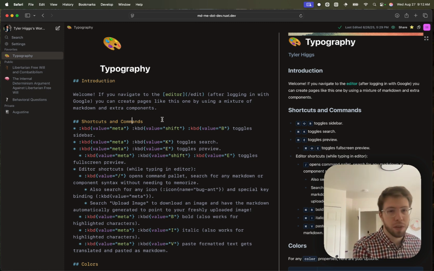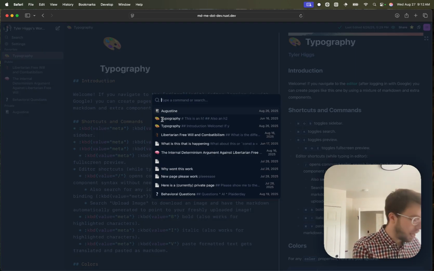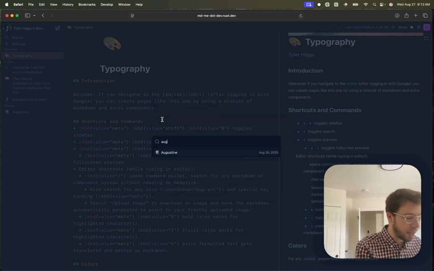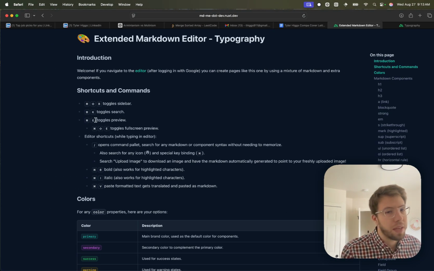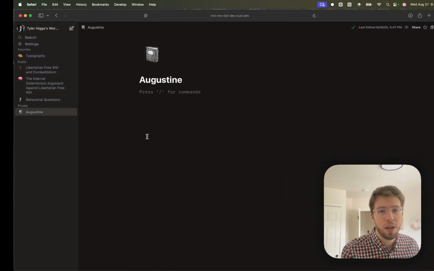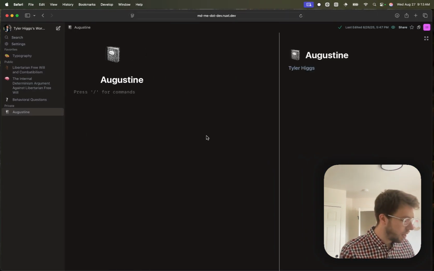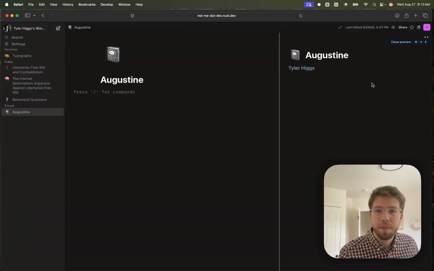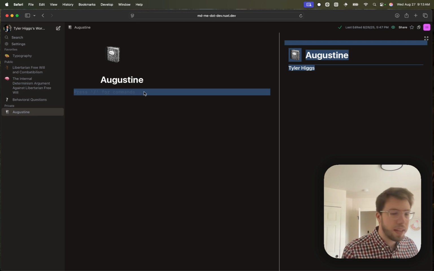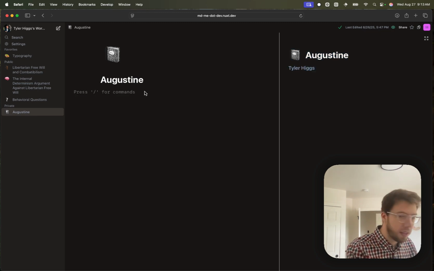So for example, if you want to search, you click Command K, and we can go to the Augustine article. You can also click Command E like I showed you for opening the preview. Command Shift E opens the full screen preview like this. It's as easy as that, and as you type you can see what is typed, and it also works with